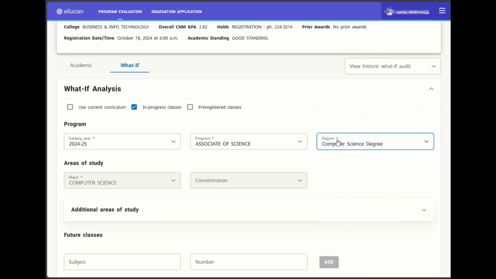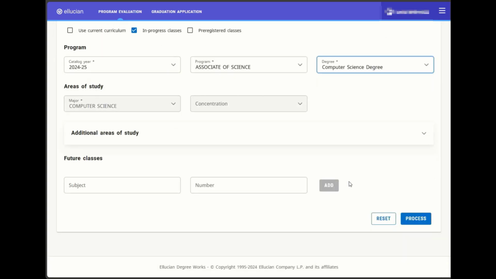This is what she told her advisor, that she wanted to do something in computers, and the advisor went off of what he thought she wanted. A student sometimes may misunderstand what they want to say. She really wanted to do something on the IT side, more like help desk, systems administration, something like that. She did not really know that she was getting into literally science and mathematics, more of a computer science degree. But as you scroll down, if you click on process, now it's going